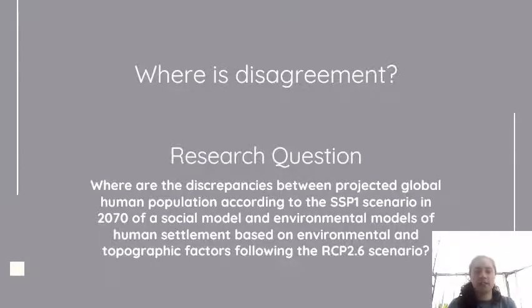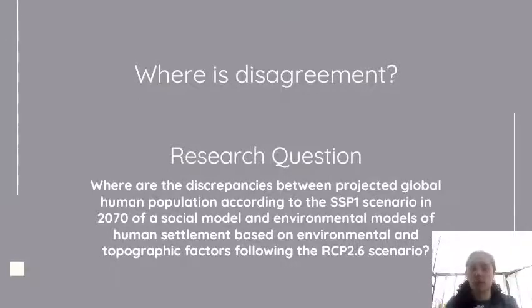And that leads me to the following research questions. Where are the discrepancies between projected global human population according to the SSP1 scenario, a social model, and an environmental model? And I limit my study to the RCP 2.6 scenario. So for the social model, I'll be using the Jones and O'Neill model. Then the environmental models,